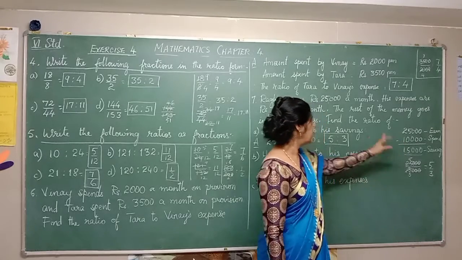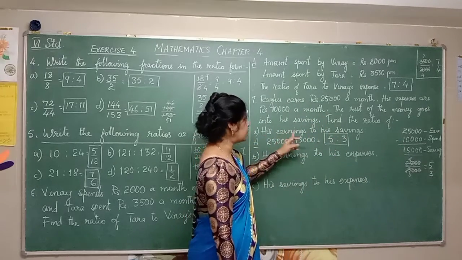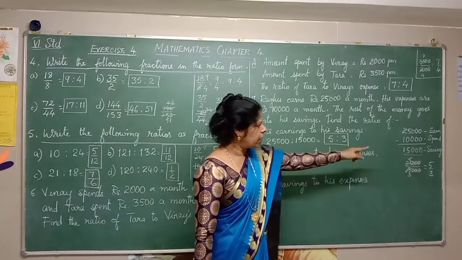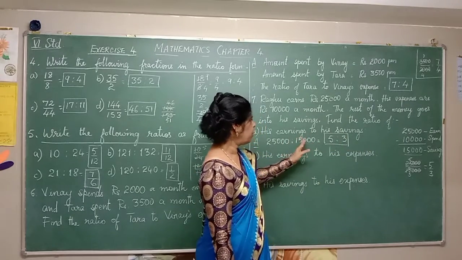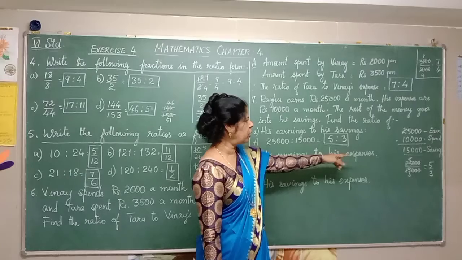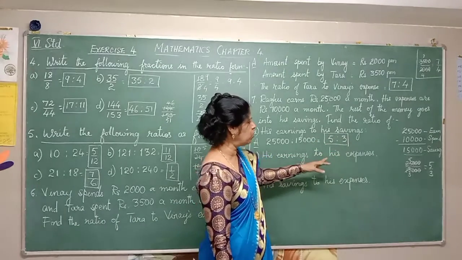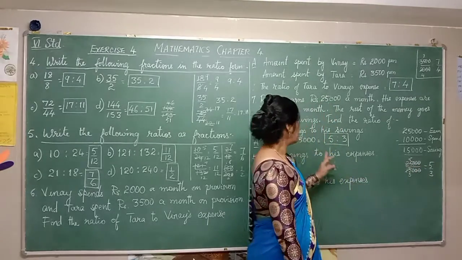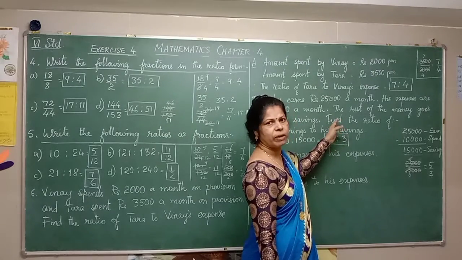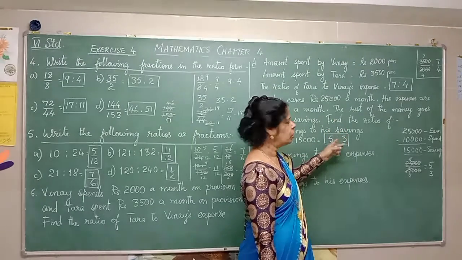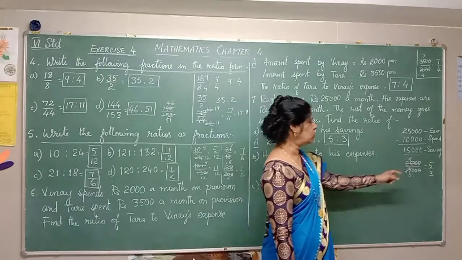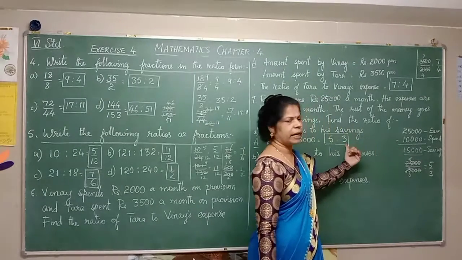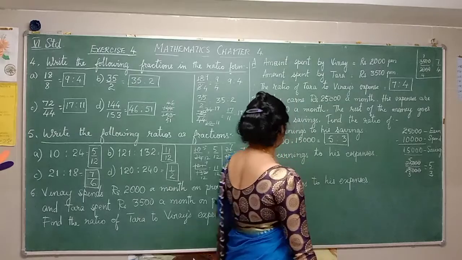Is it clear? Then the question here is his earnings to his savings. You have to find the ratio. So earnings already it is 25,000. Savings also you understood it is 15,000. When you simplify, it's not cancelling, you are going to simplify, how much you get? 25,000 by 15,000, you get 5 by 3. Because they have not told you to write in the form of fraction, they have told you to write in the form of ratio. So 5 is to 3. Because already I told you, the numerator will be the first term and the denominator will be the second term. Clear? Now let us go for the next one.